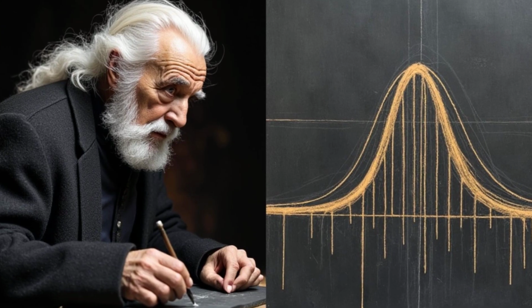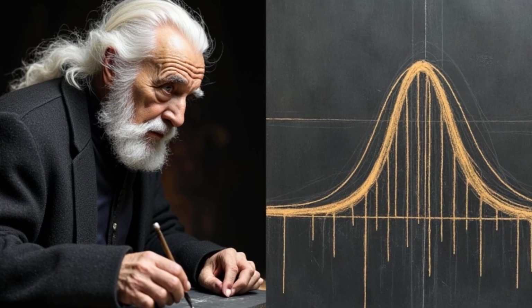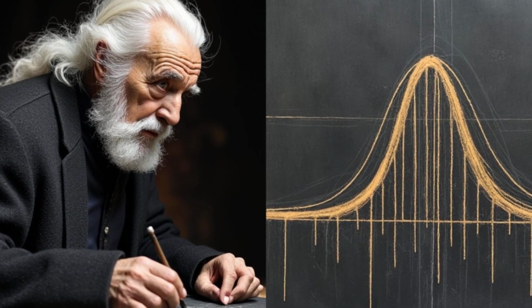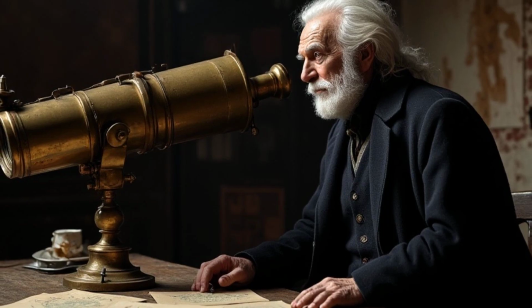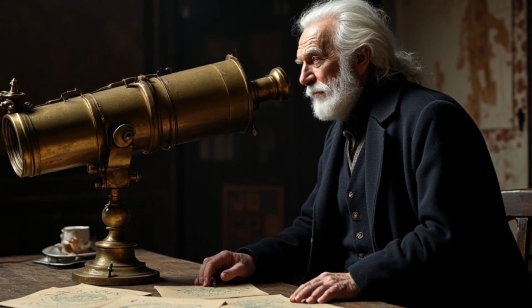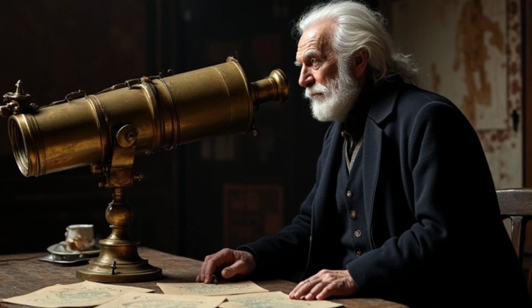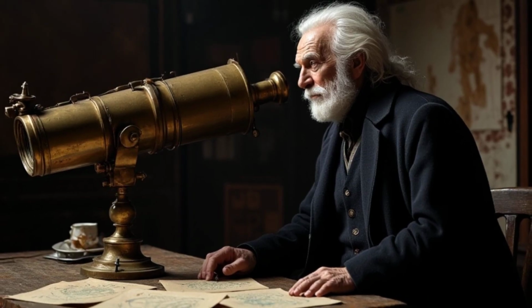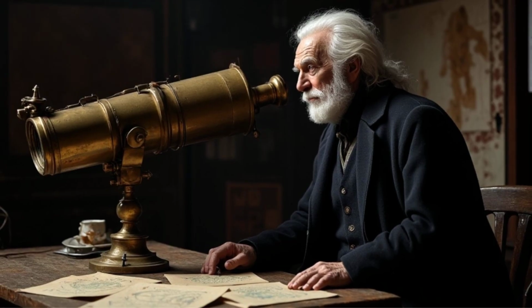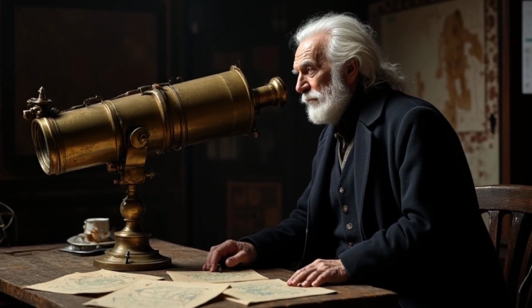Carl Friedrich Gauss figured this out in 1809, and it made him famous among people who get excited about mathematical equations. Gauss was the kind of genius who solved mathematical problems in his head, while other people were still trying to understand the question. He discovered this distribution while studying astronomical observations, trying to figure out why measurements of the same star's position kept varying slightly.